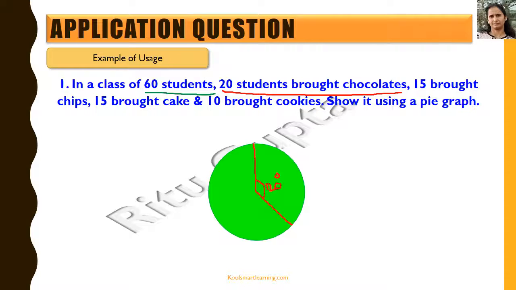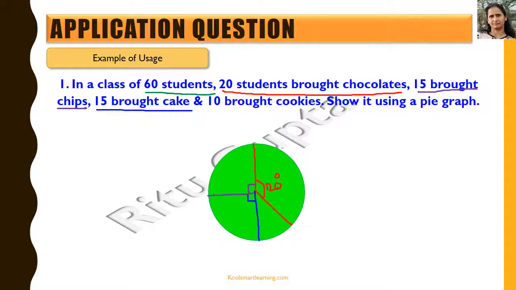brought chocolates. Now we have 15 students who brought chips, which would mean 1/4 of the students, and that indicates 90 degrees. So we show this as 90 degrees. These are the students who brought chips, and another 15 brought cake, so that would again be 90 degrees, 1/4 of it, for those who brought cake, and